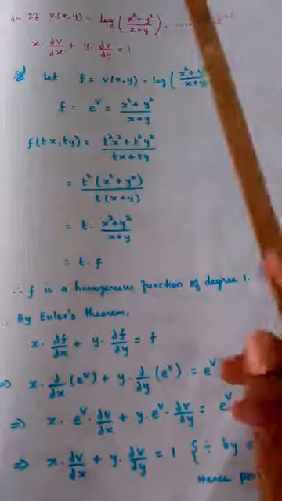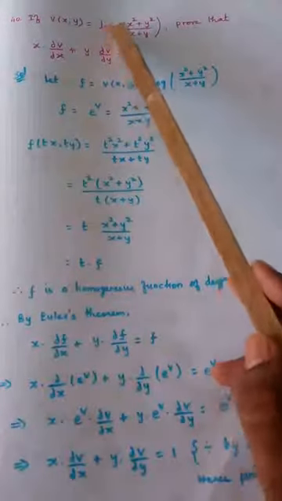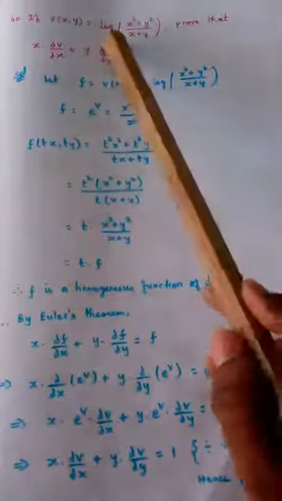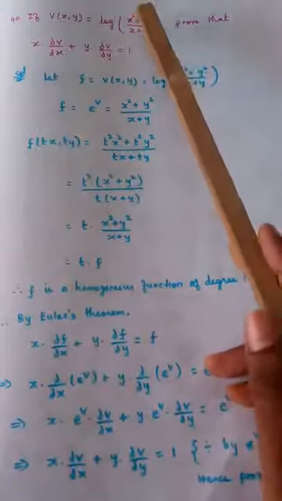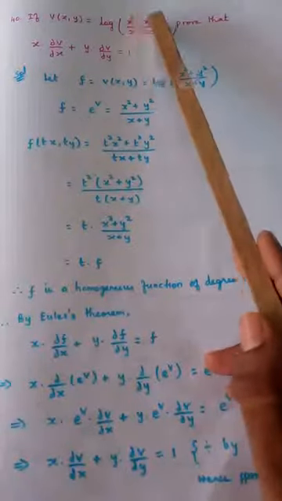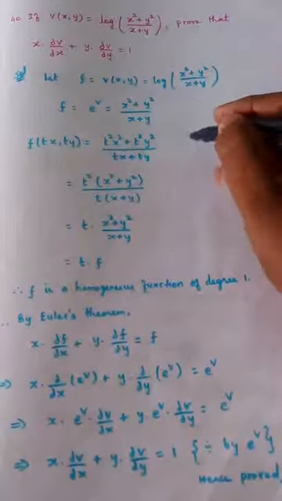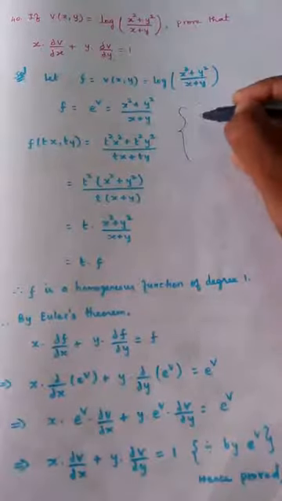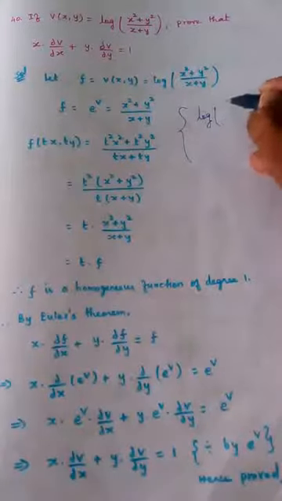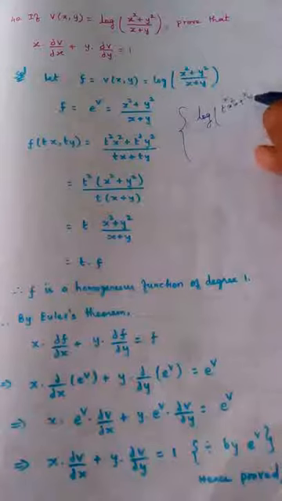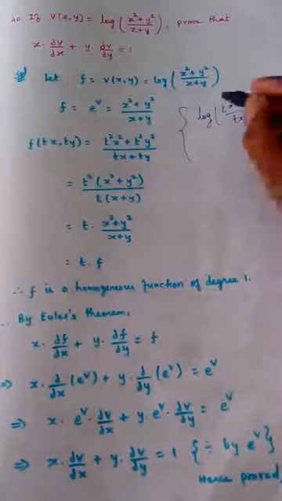So first what I am going to do is, since log is present here, if log is not present I don't have any problem. If log is present, if I replace x by tx, what happens? This becomes t square, right? I'll be showing this in a rough column. Suppose I am replacing x and y by tx and ty, so that it becomes log of (t square x square plus t square y square) divided by (tx plus ty).